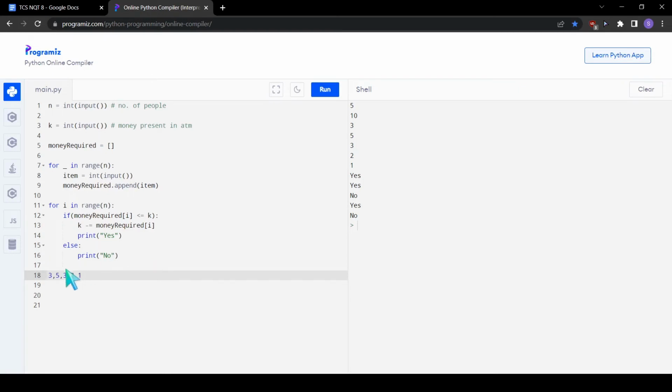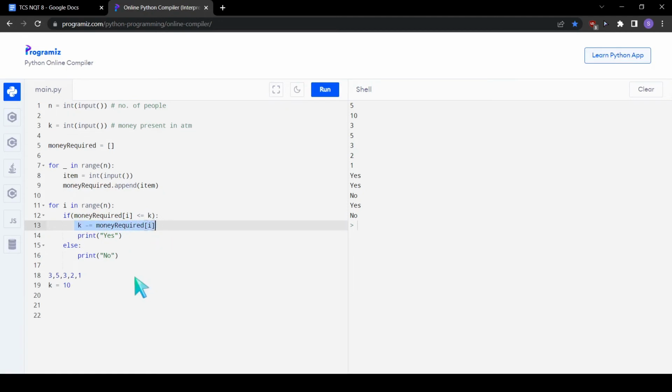So first we will come here and see if this money required of i, this 3, is less than or equal to k. Our current value of k is 10, so 3 is less than or equal to 10, right? So we will print yes, and we will also